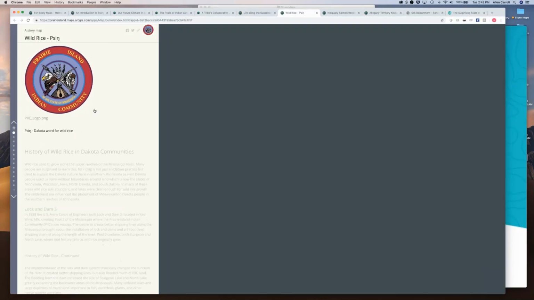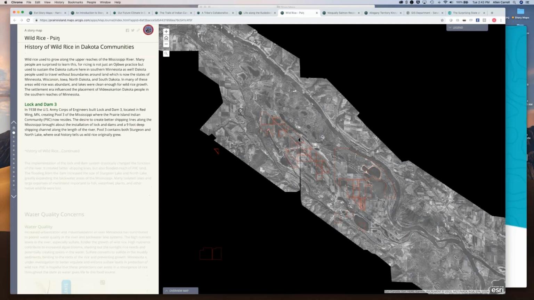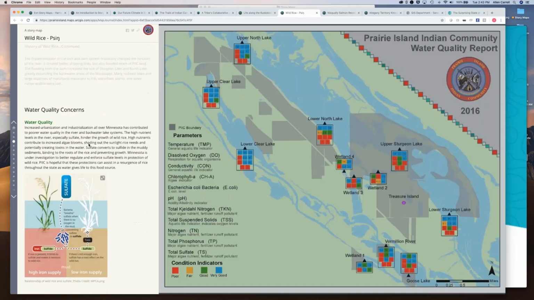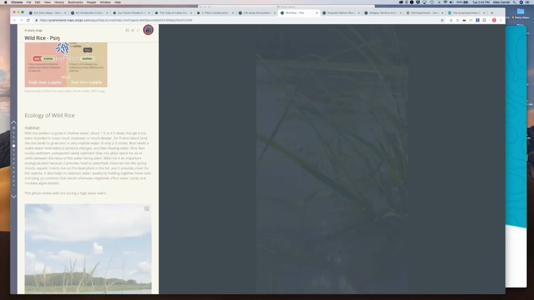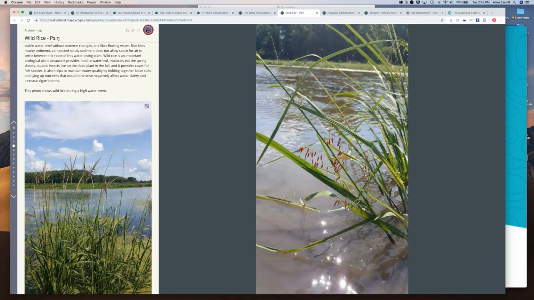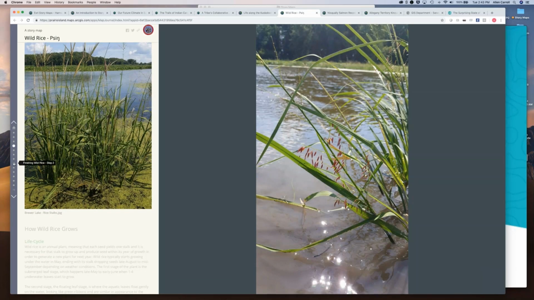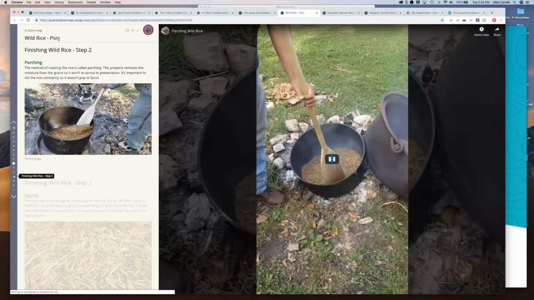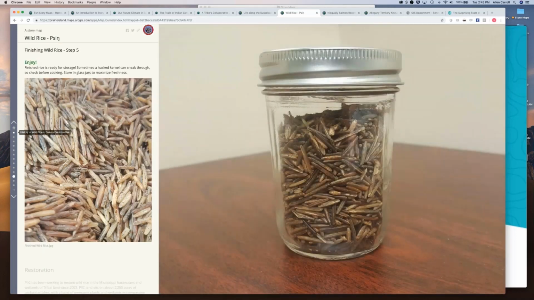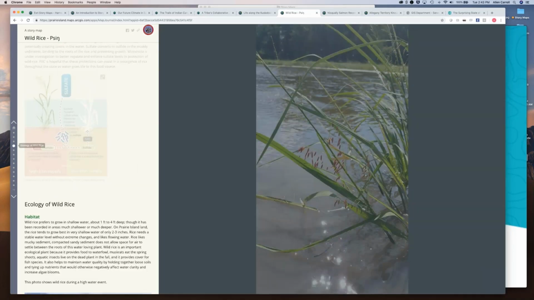Now here's another example of a side panel. Again, using a nice variety of infographics and maps and images, and as I mentioned before, you can have multimedia content within the side panel as well, and then you can use this little navigation device to just zip from one spot to another within the story.